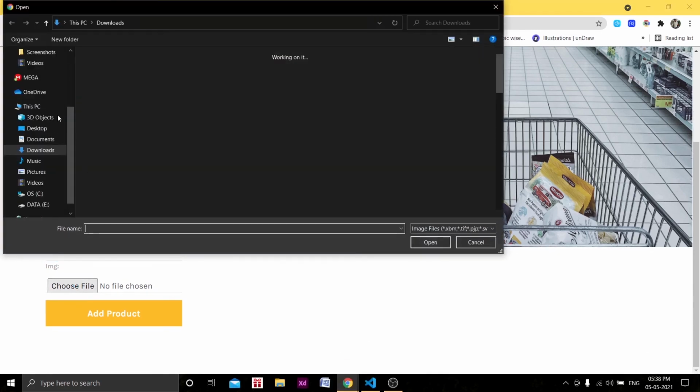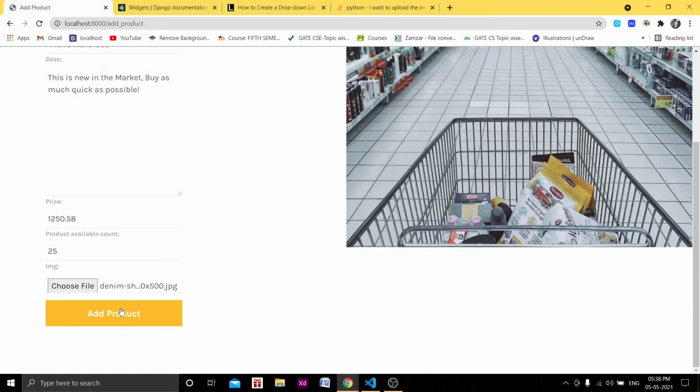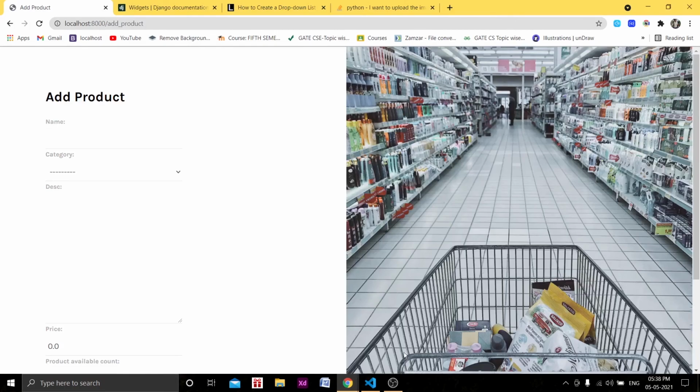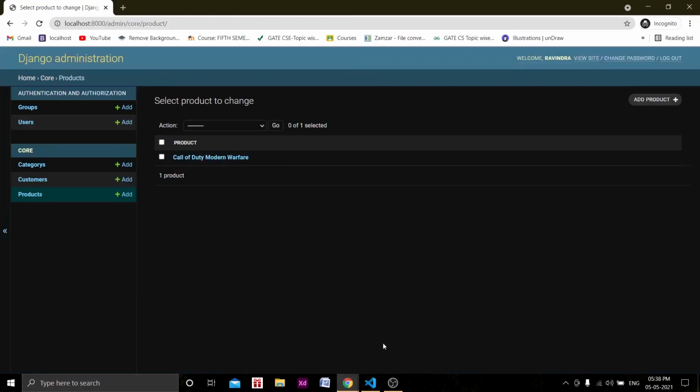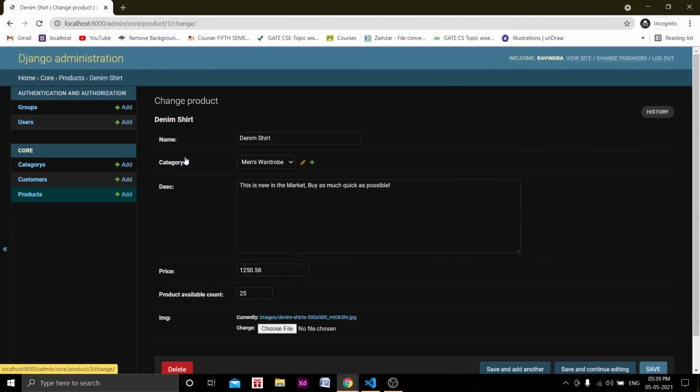I will choose the file from downloads. So denim shirt is here. This should work when we click on add product. So the product is created. We haven't redirected that page, I think. So data saved successfully. If we go to the admin panel and hit refresh, as you can see, the denim shirt is here.